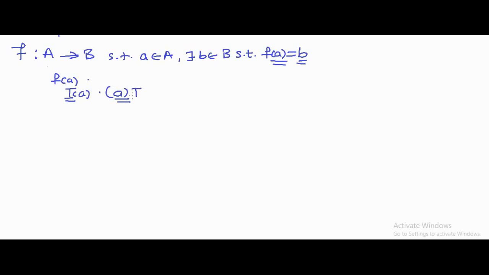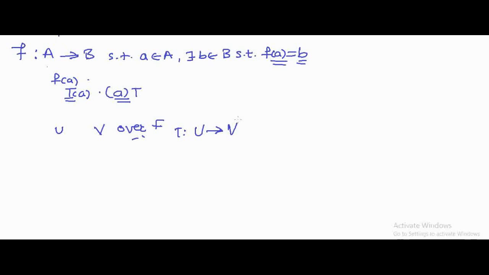Now whenever we have two sets, suppose I have two vector spaces U and V. U is a vector space and V is a vector space over the same field F. Here we have taken F as a field. Then the mapping T is a mapping from the vector space U into the vector space V